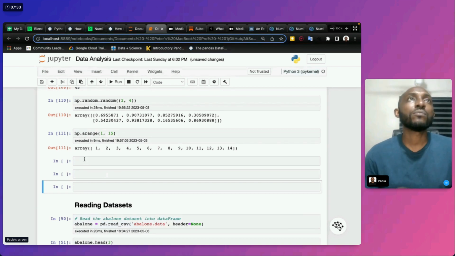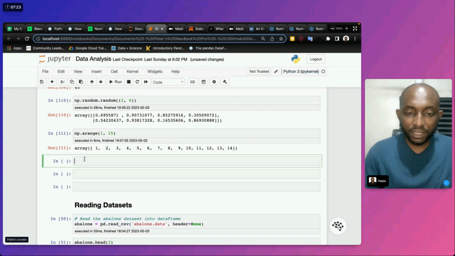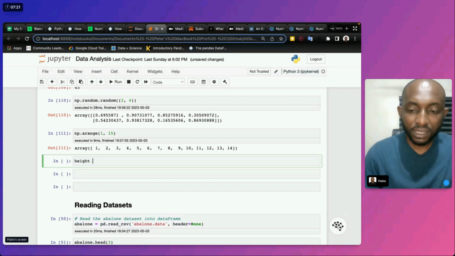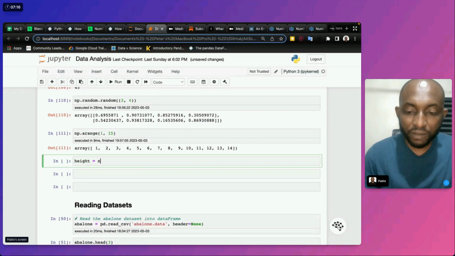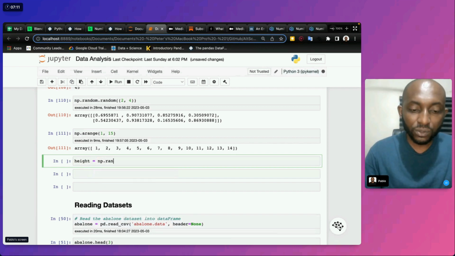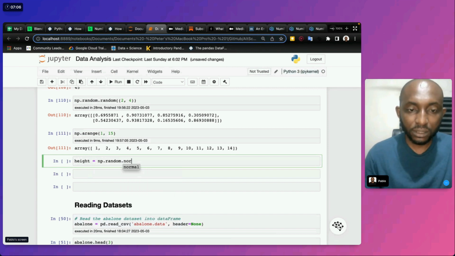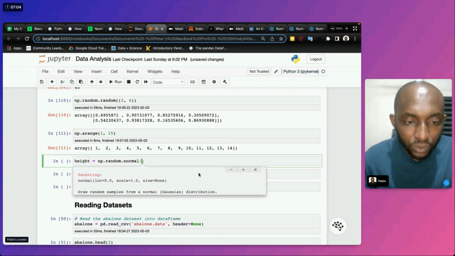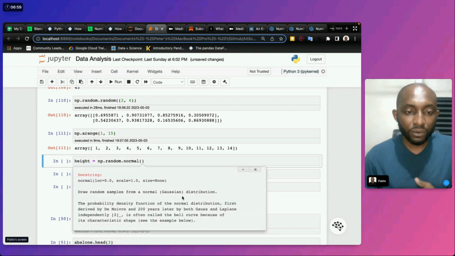Say we realize that there are people who are within a certain range, and we want to generate random data. And so we're going to use random.normal. This one draws samples from a normal distribution, right?